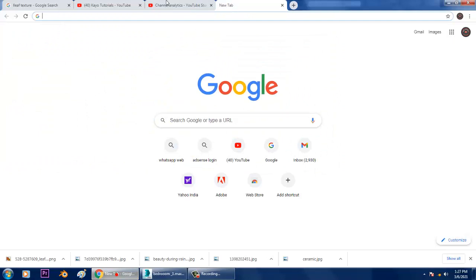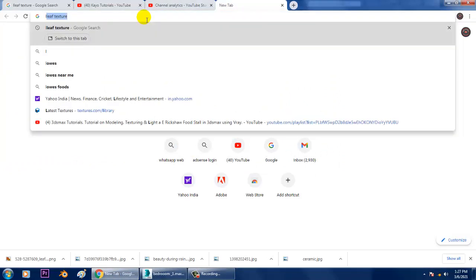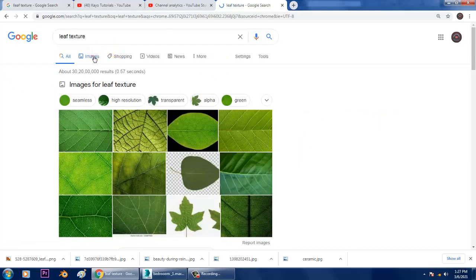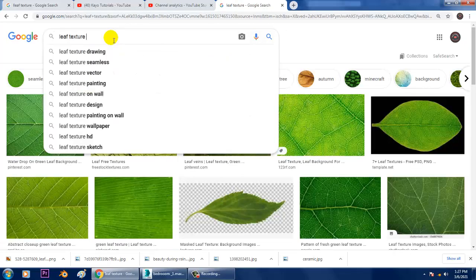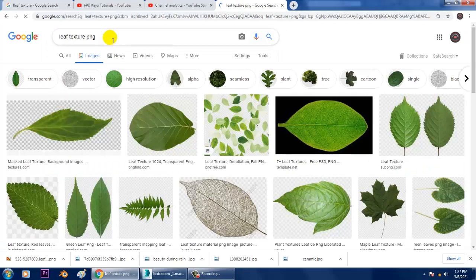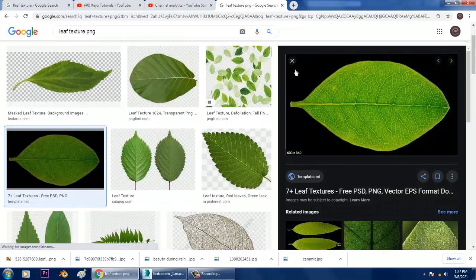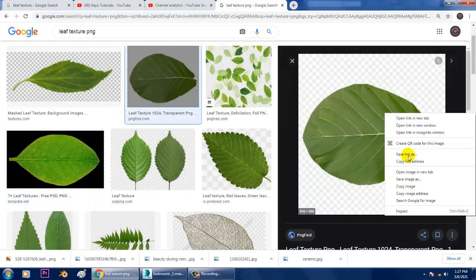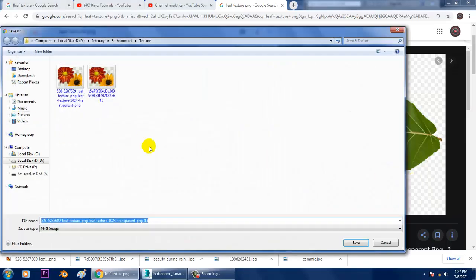Not a problem, we'll just take it as a leaf texture. For the leaf texture, we can take a PNG for any leaf. Just take a PNG texture. We can just save as this.